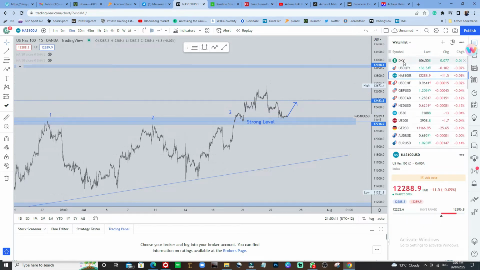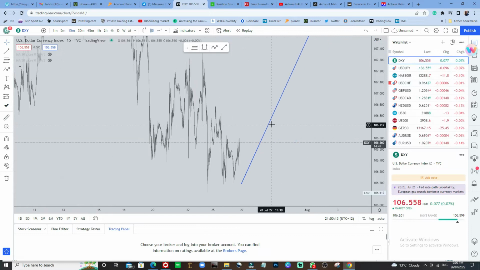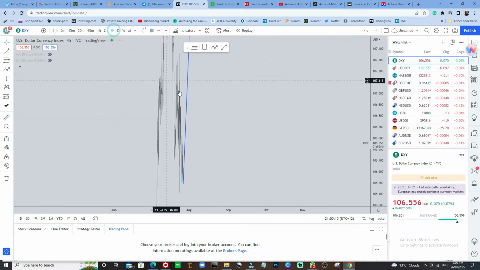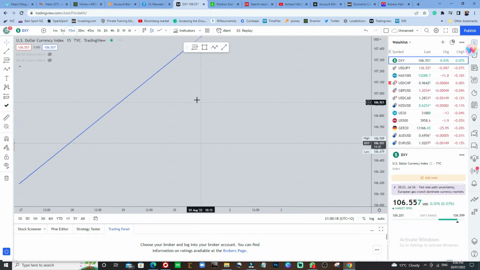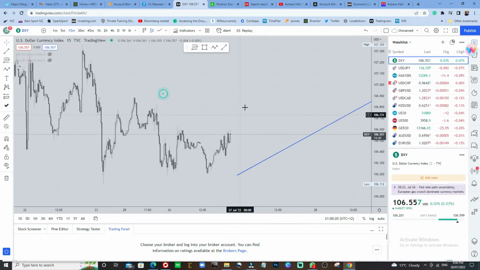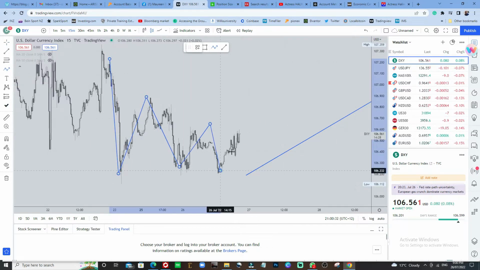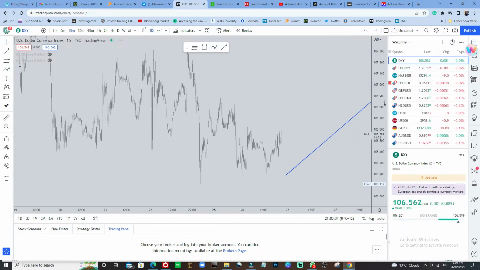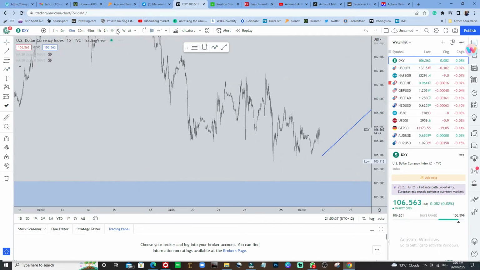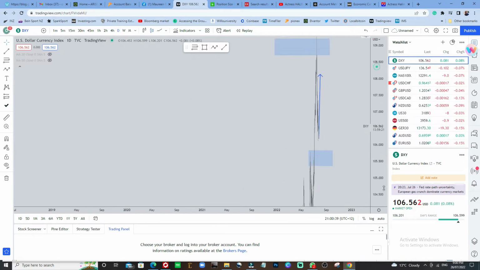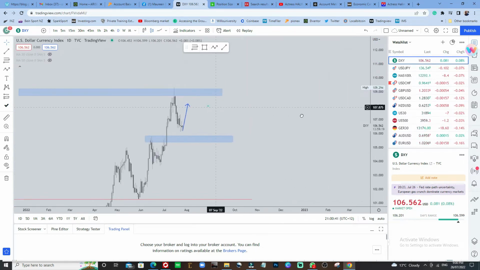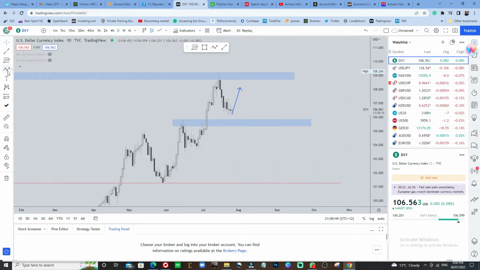Now let's see the overall strength of the US dollar on a 15 minute time frame. Let's just see what has happened so far. The strength of the US dollar has basically just been up and down. You can see the haphazard behavior. Up and down, so nothing much is really happening. Nothing much is happening. It has been pushing to the upside.